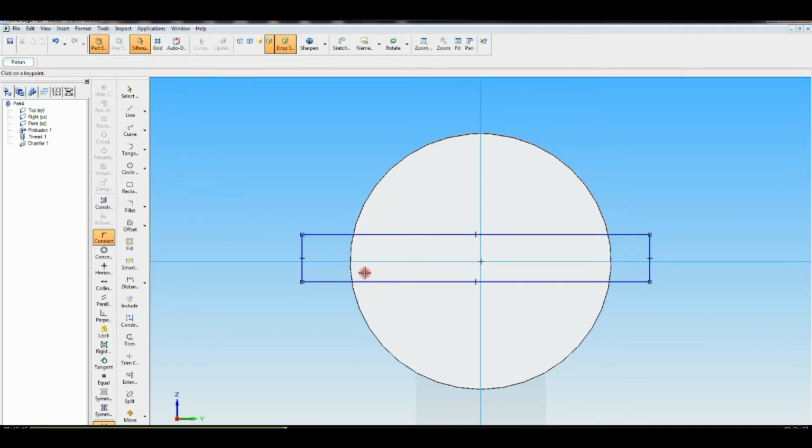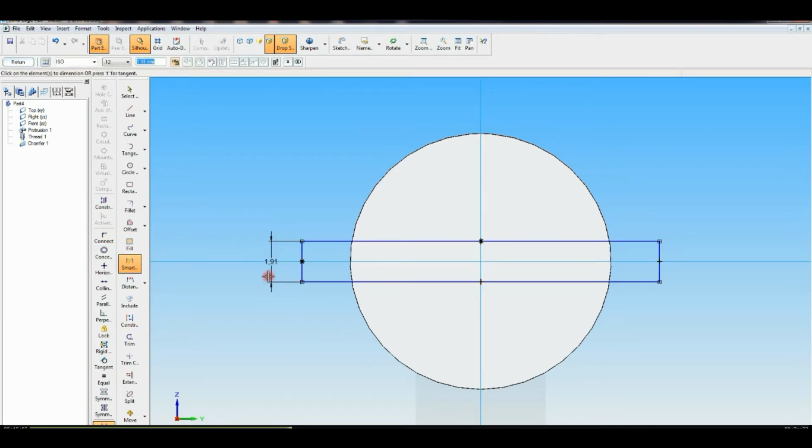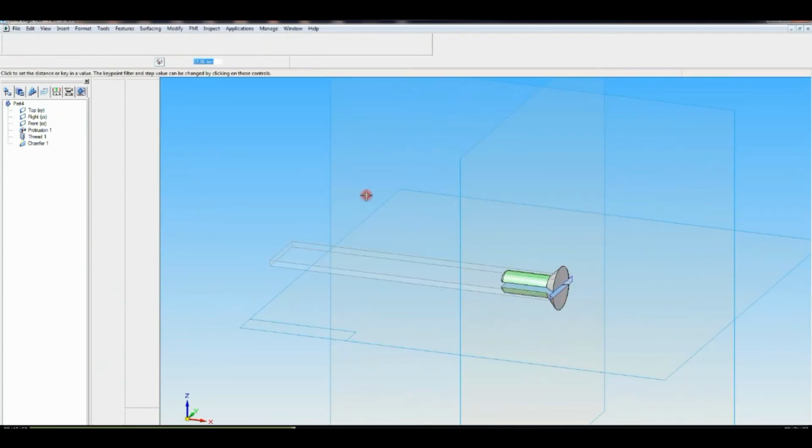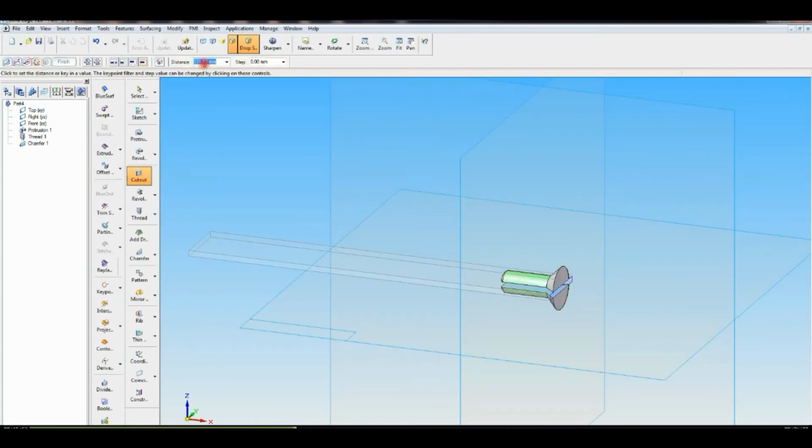Select the vertical line, central point of the vertical line, then horizontal line. Then like this you have to connect it. Then with the help of smart dimension, give the dimension 1.6. Then return, or give the depth as about 1.9,